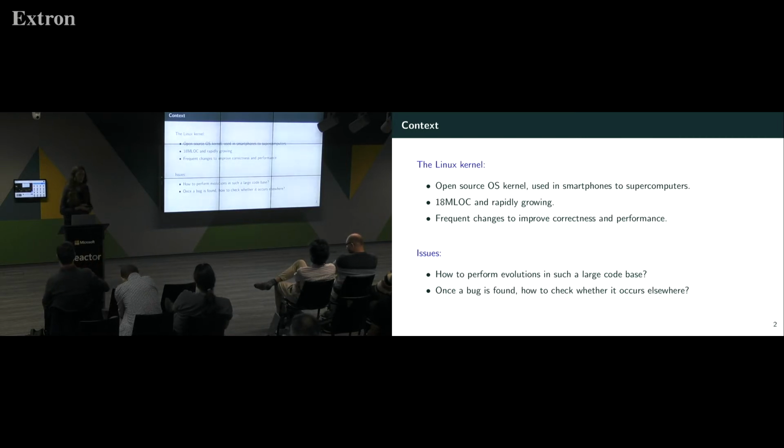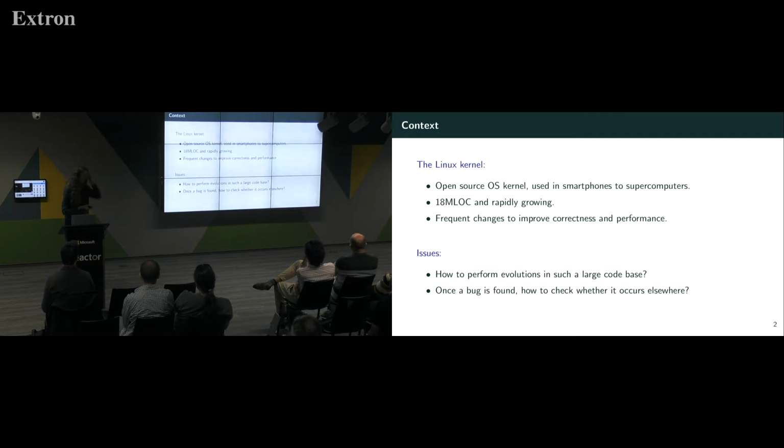So in terms of maintenance, we have some issues. How can we perform evolutions in such a large code base? Anytime you want to do something, you may feel frustrated by the fact that you're going to have to do it 500 times. It seemed okay when you had to do it only 3 times, but 500 might discourage you from actually doing the work.